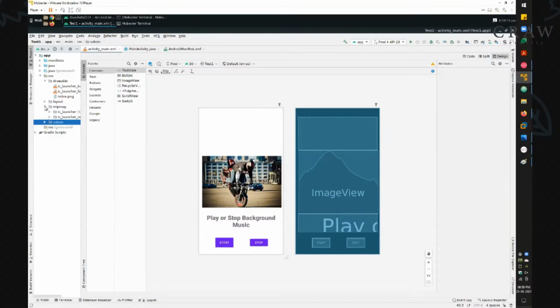So all your applications consist of these three major folders. First one is your manifest, that is your configuration file. Second one is your Java folder that consists of your Java functions, Java programs. Third one is your resources, which again consists of different layouts, colors, backgrounds, icons, image files, and other additional data we have, right? So all your resources will be stored in this resource folder, all your programs will be stored in your Java folder, and all your configuration files will be stored in this manifest folder, right? If I simply execute this one, let me connect my device